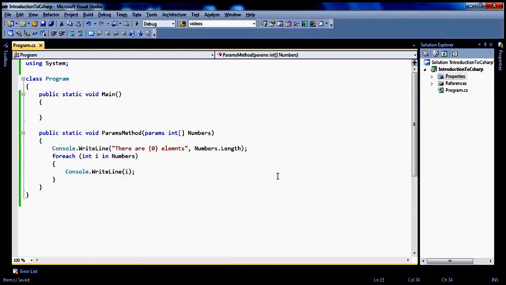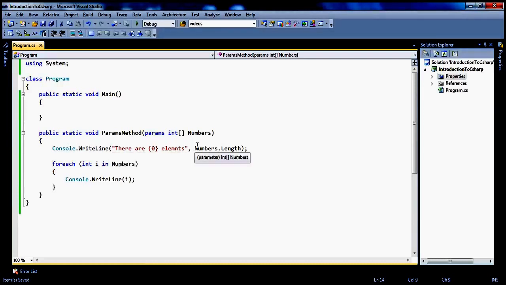Okay, so this is a very simple method. All this method does is take in an array as a parameter, and whatever array you pass in, it will find out the number of elements in that array and print those. That's what this method does. Since we have used the params keyword here, actually, let's see, if I don't use the params keyword, it's